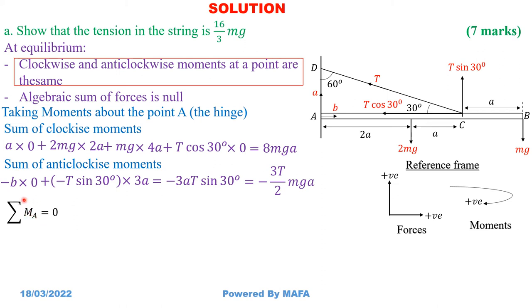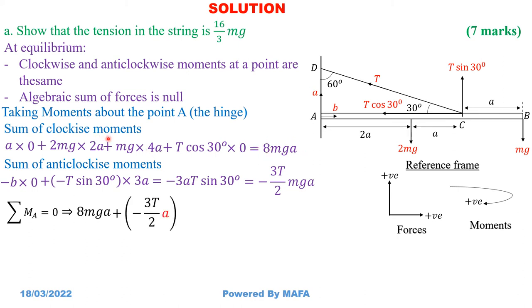So the algebraic sum of the moments at the point A will be equal to 0, meaning the sum of the clockwise moments and the anti-clockwise moments will be null for sure. So with that said, we have 8 MGA, which is the sum of the clockwise moment, plus negative 3T on 2 times A, which is